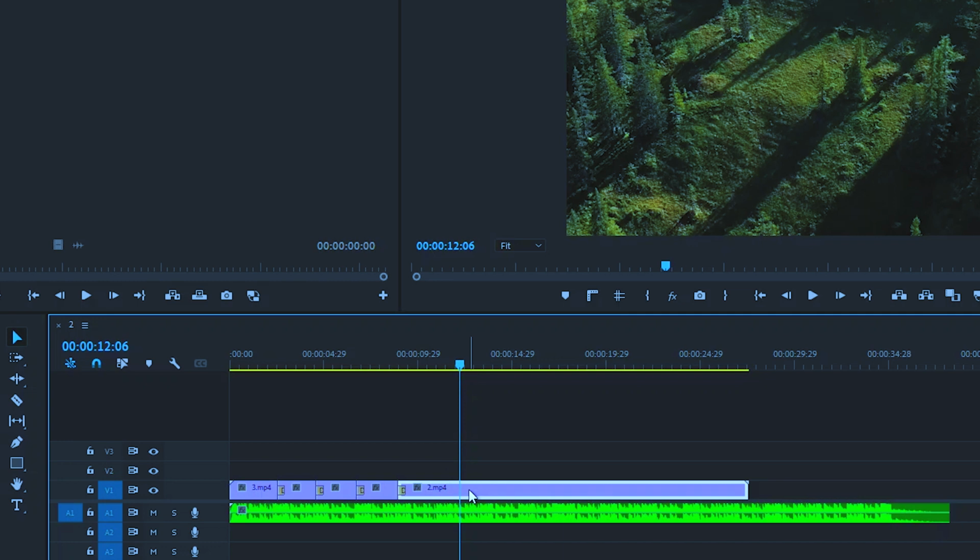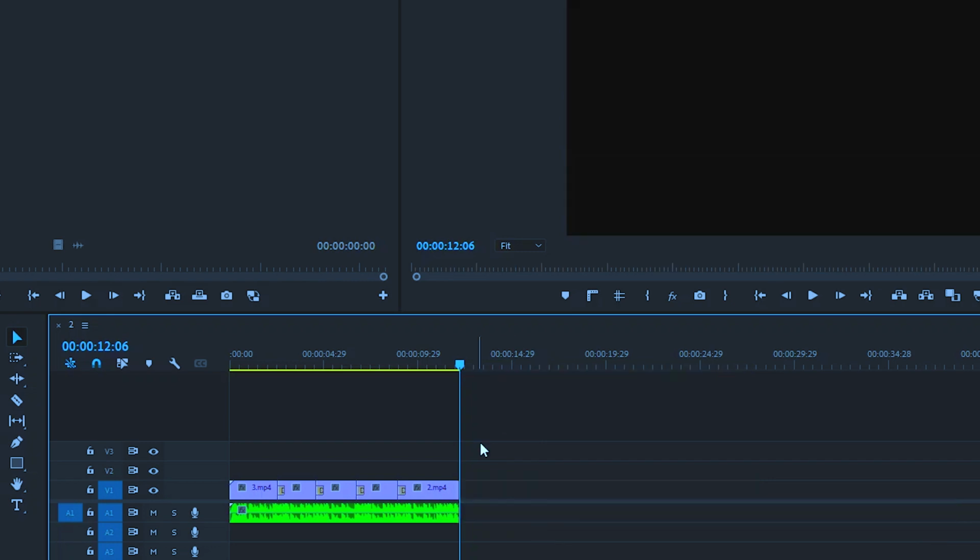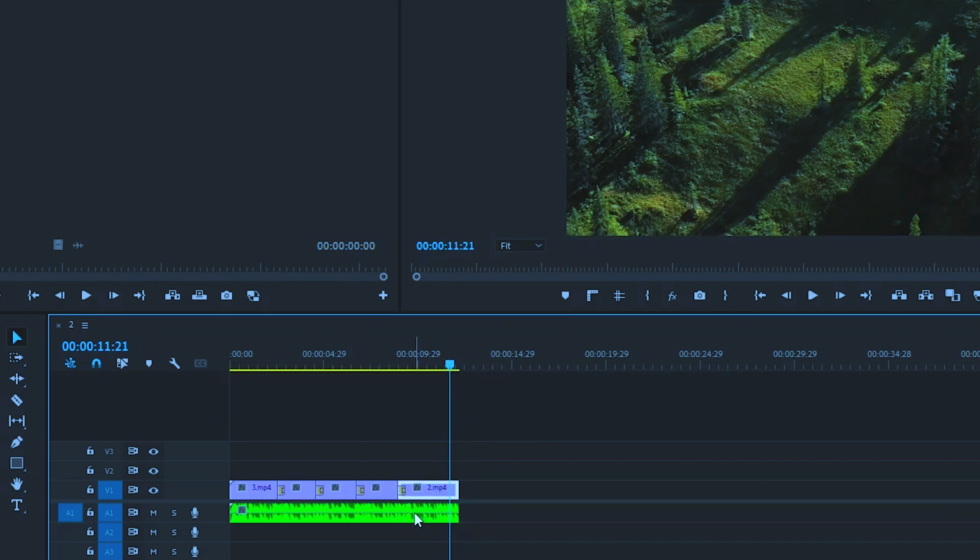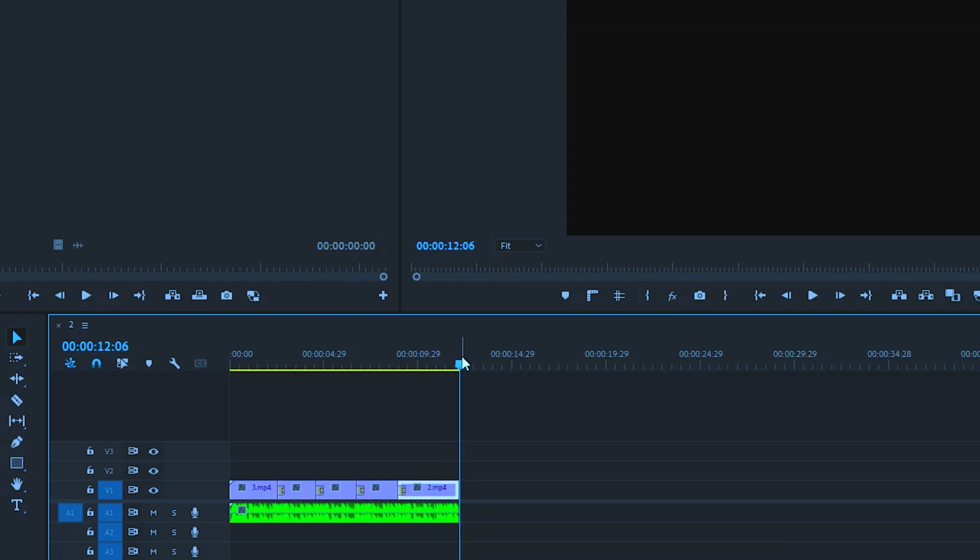Let's say we want to end it here, so I'm going to press C, do the cutting, and also do the cutting from the music, and I'll press V, back to selection tool, and I'm going to select all of these ones, then press delete. So I want this music to end smoothly. Look, it just ends abruptly. What we can do,